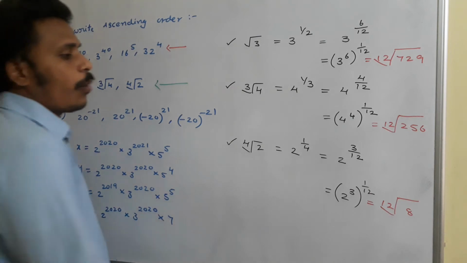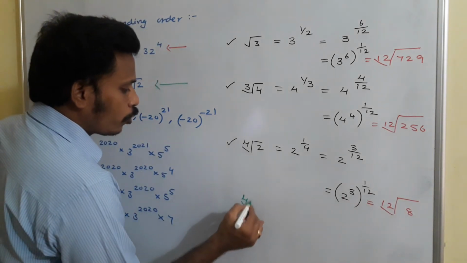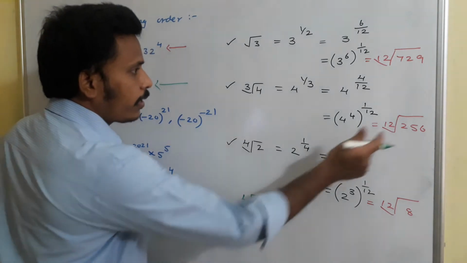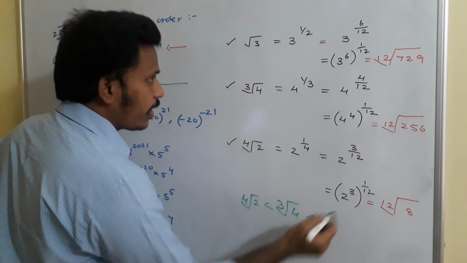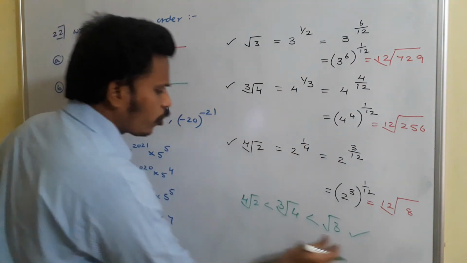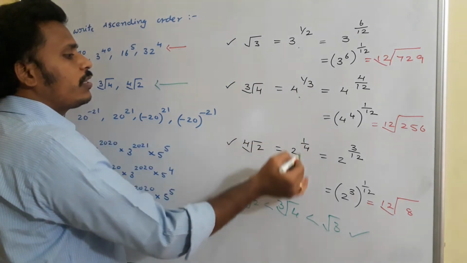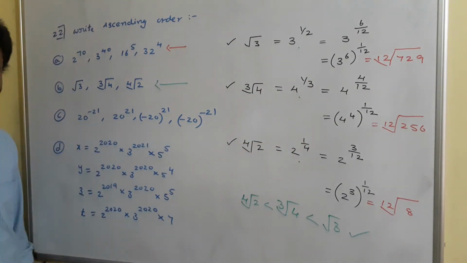So with this idea, very simple, the fourth root of 2 is less than its corresponding exponent, cube root of 4, which is less than its corresponding exponent, root 3. These are nth roots actually, and we say these are the exponents with rational powers. Anyway, we will compare in this manner. Just observe. If it is clear, then think about the C bit.